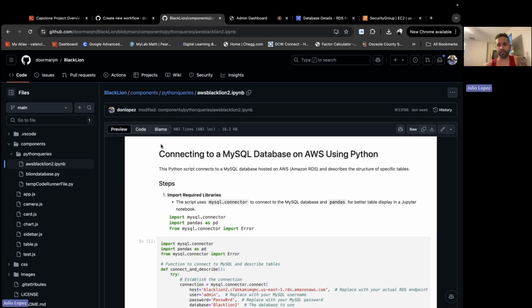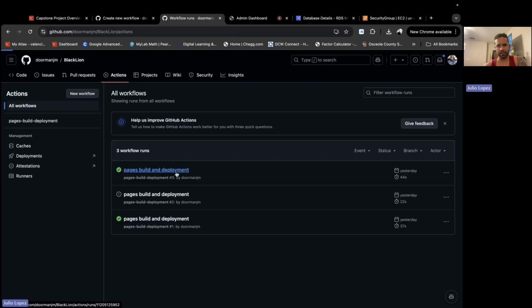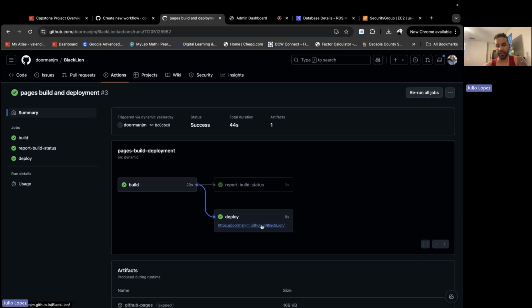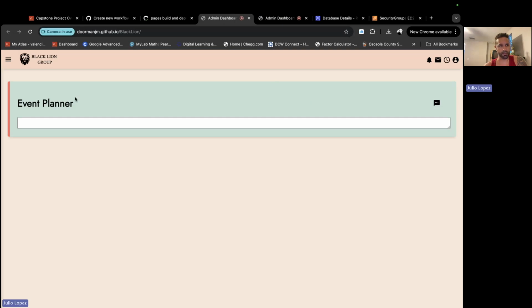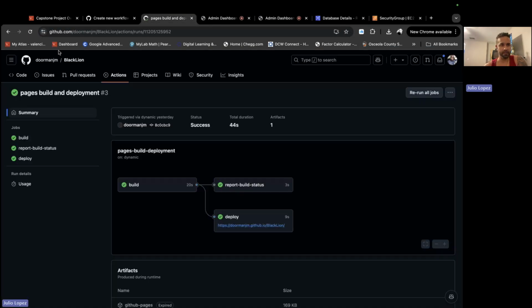To start using the database, good progress is that we already launched the page, deployed from GitHub Pages, which created a link already. And it's good because now every time we update the code or push any changes, it's going to be automatically updated on the website using GitHub Pages.